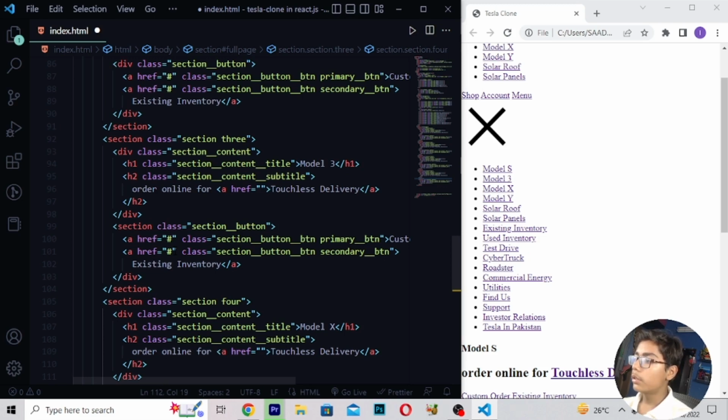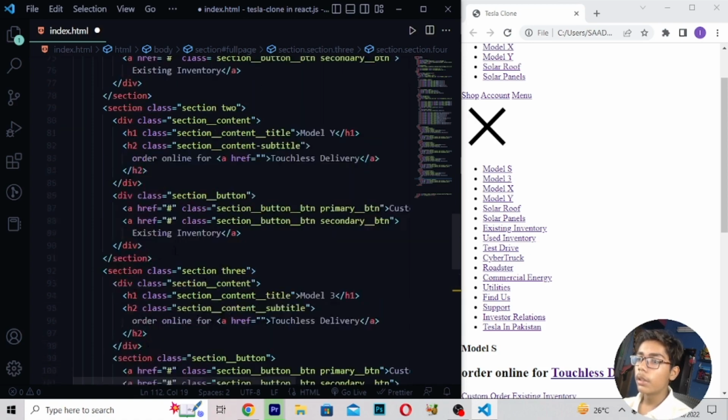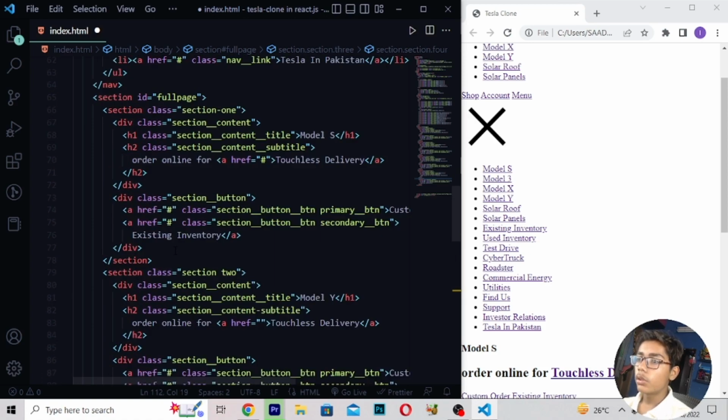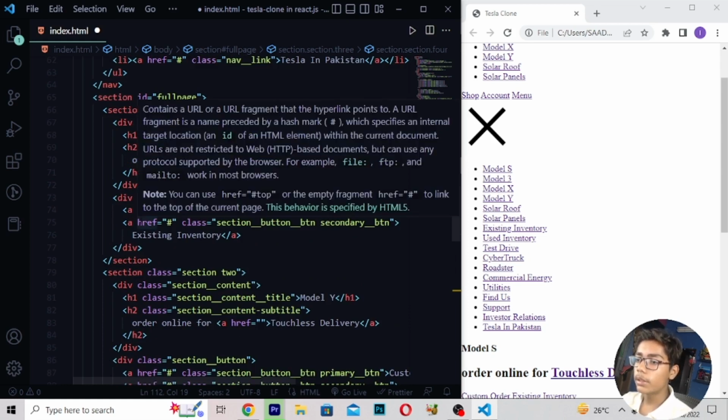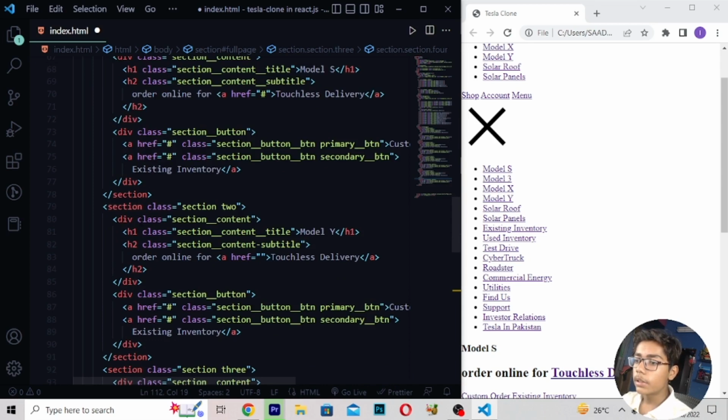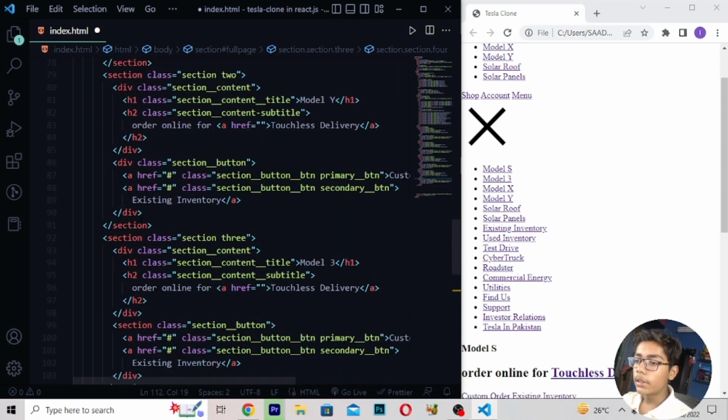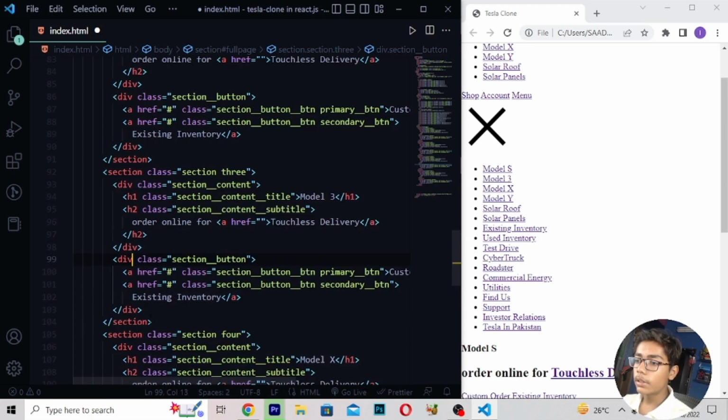Now when you've written all these things, I will be doing one thing. Here we have written section 3, then there it is section 2, and here we are getting section 1, in which we have written all this stuff. Then we are getting section 2 like this, then this is section 3 we are getting, and here I will be removing this, and then writing div.